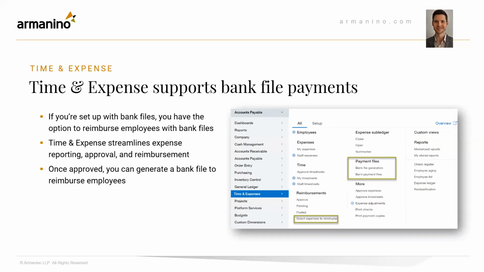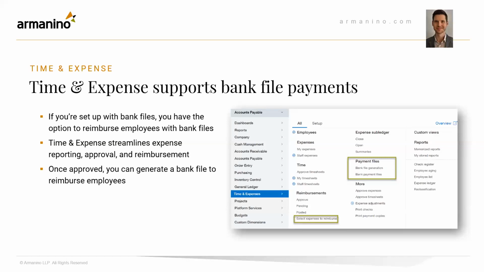You'll now notice that you have the option to submit a bank file and generate one to upload to your bank. What happens is after you've gone through the process of submitting expense reports, going through the approvals, and submitting the reimbursement, you have the option to select pay with bank file, similarly to if you were paying an AP bill